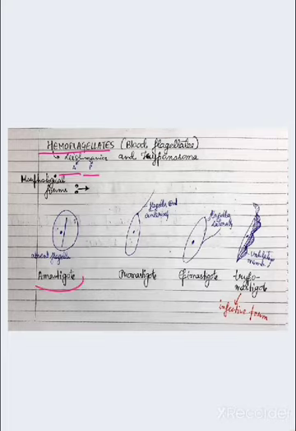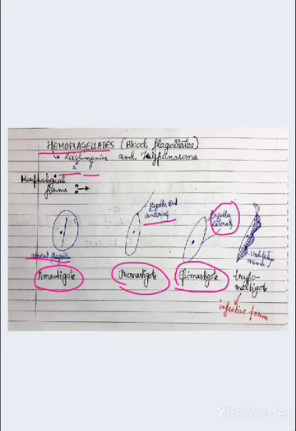Firstly, amastigote. In this the flagella is absent. We don't see any flagella in amastigote. Now the promastigote, in this the flagella is present anteriorly, and epimastigote, the flagella is present laterally, and trypomastigote, which is the infective form, there is the undulating membrane. So in trypomastigote, the infective form, the undulating membrane is seen.